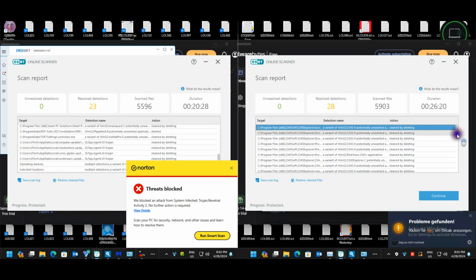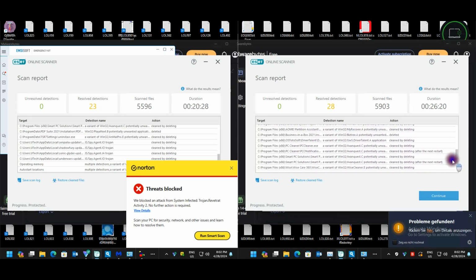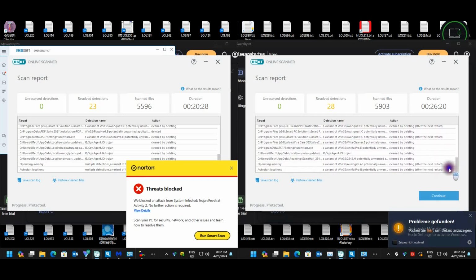On the Bitdefender side, it seems like it's also programs that installed. Might just be POPs. And then it seems like we've got this one spy agent Trojan under app data local. Seems like it's the same one for Norton on this side.